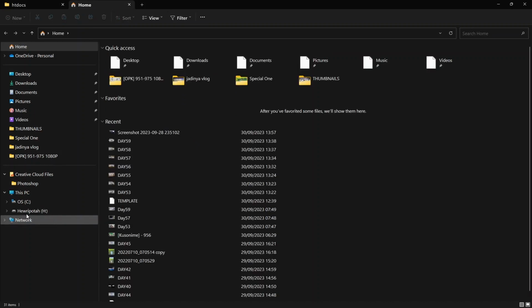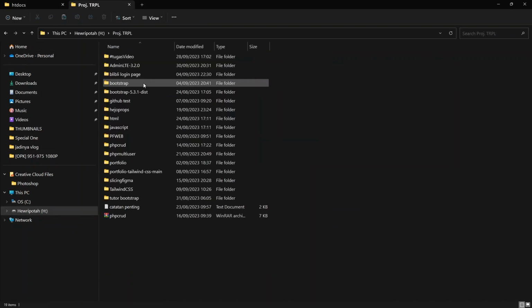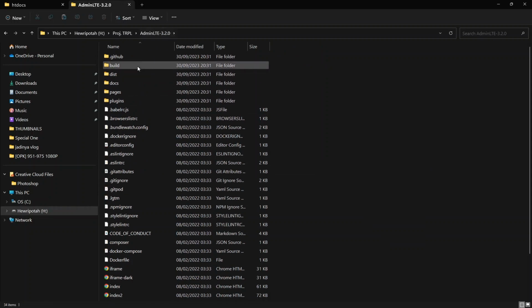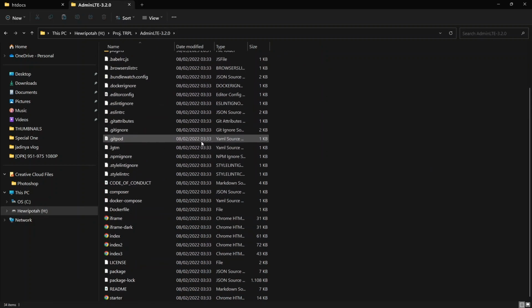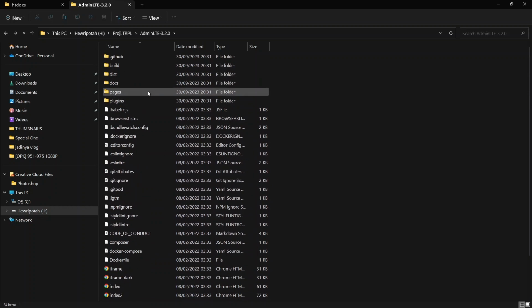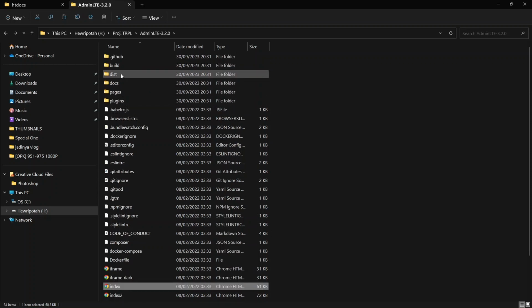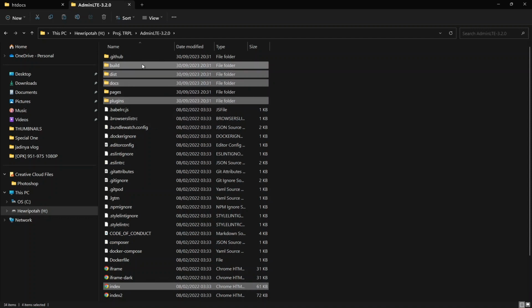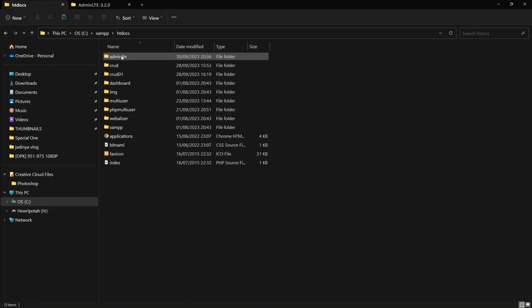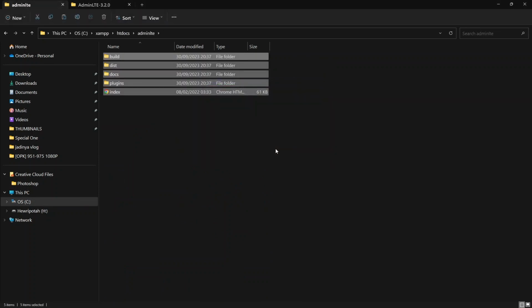Now I'm gonna copy and paste my AdminLTE files, but not all of it, only the ones I need. I only need index, dist, docs, plugins, and build. Okay, we're gonna need that. Hit Ctrl C to copy and then paste it to your new folder. Okay, once it's done,